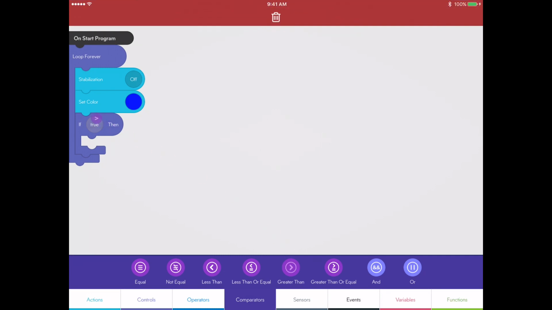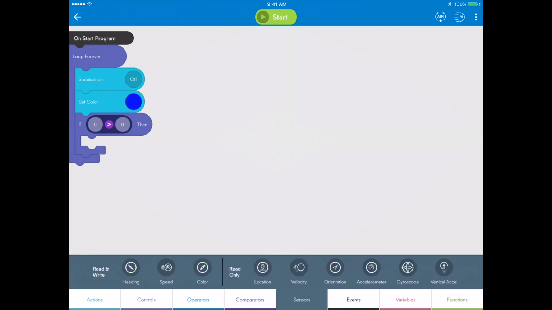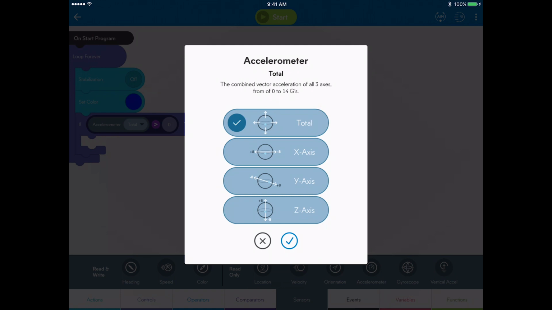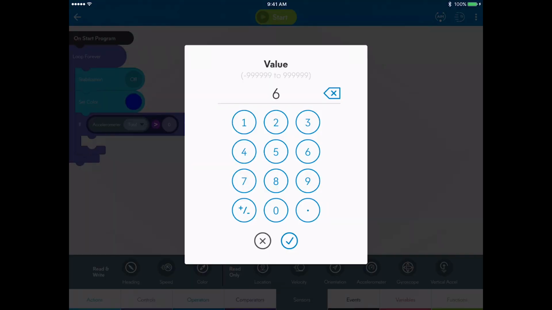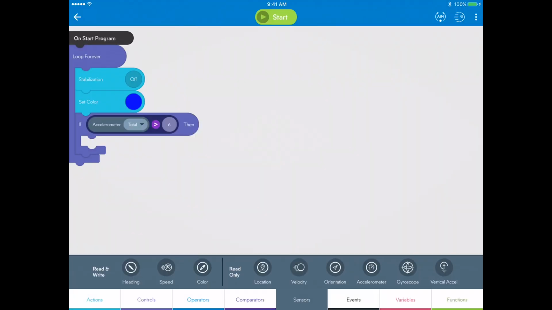You want users to shake the Sphero to ask a question, so go to Sensors and drag an accelerometer sensor to the left side of the comparison. Select the Combine axis and change the 0 to 6 for 6 Gs. After shaking Sphero once, the fortune teller will start listening, and the user can ask any yes, no, or maybe